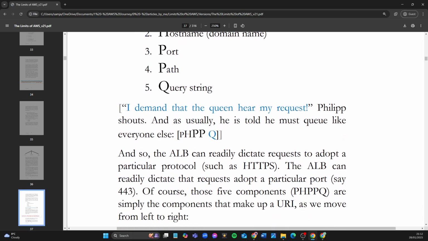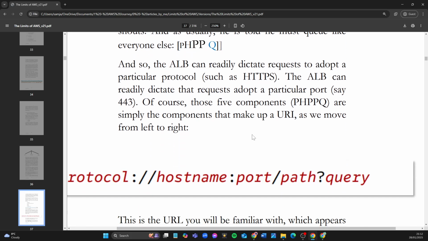PHPPQ. I demand that the Queen hear my request, Philip shouts. And as usual, he's told he must queue like everyone else. PHPPQ. And so the ALB can readily dictate requests to adopt a particular protocol, such as HTTPS. The ALB can readily dictate that requests adopt a particular port, 443, which is the port usually used for HTTPS secure, 443. Of course, those 5 components, PHPPQ, they're simply the components that make up the URI, the Uniform